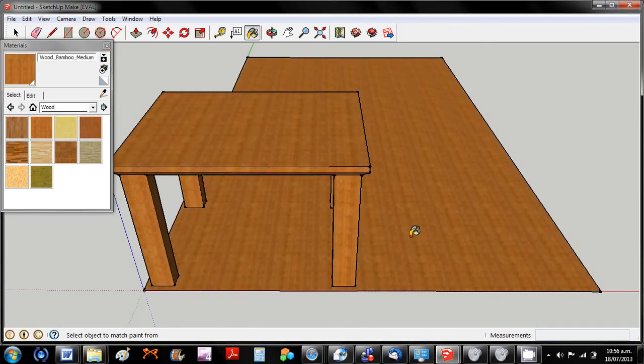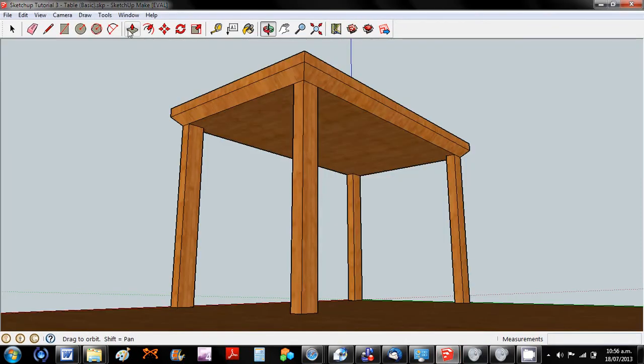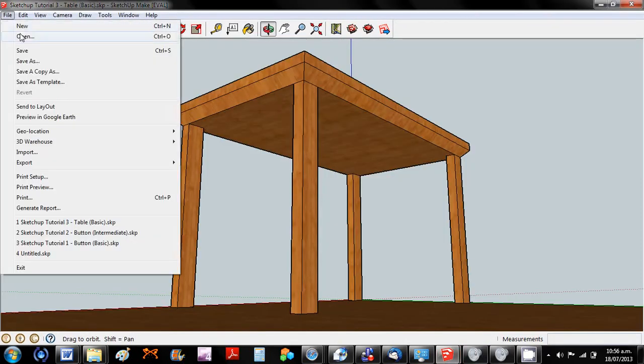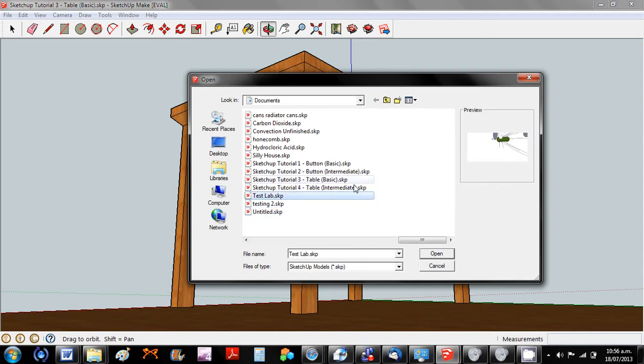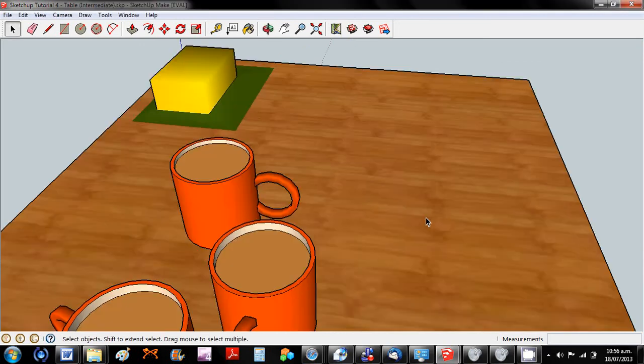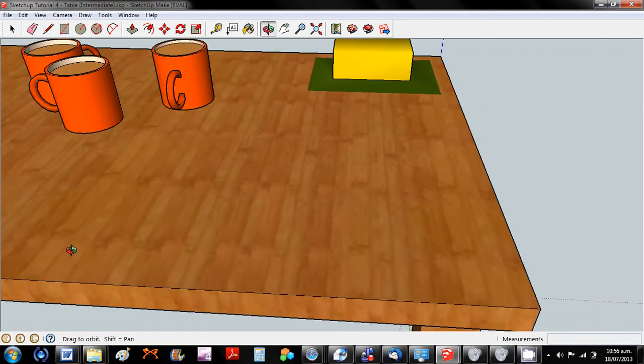And so now we've finished our table. In the next tutorial, we're going to be doing some really cool things with our table. I'll give you a sneak peek now of the next table we're going to be making. We're going to be adding things to our table. But I'm not going to tell you how to do this now. You're going to have to wait till next tutorial for that. We're going to be adding